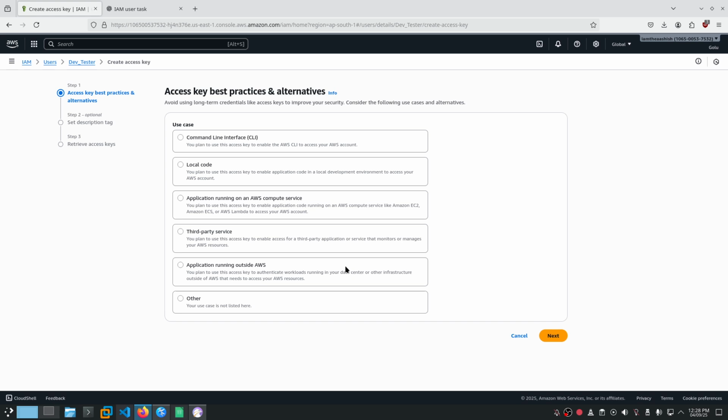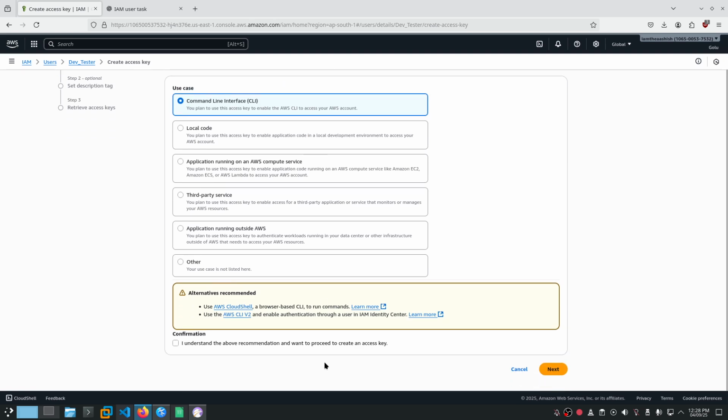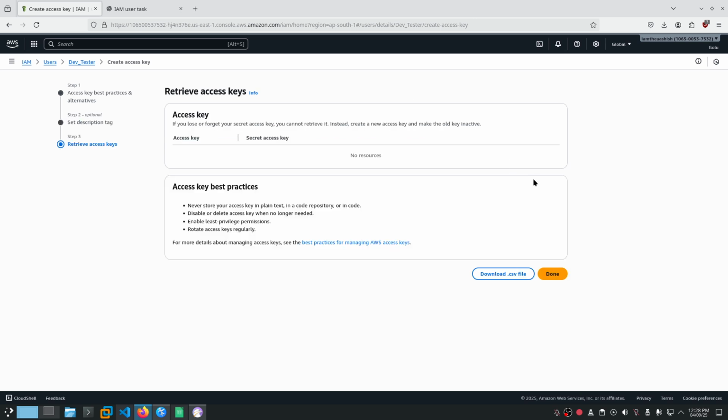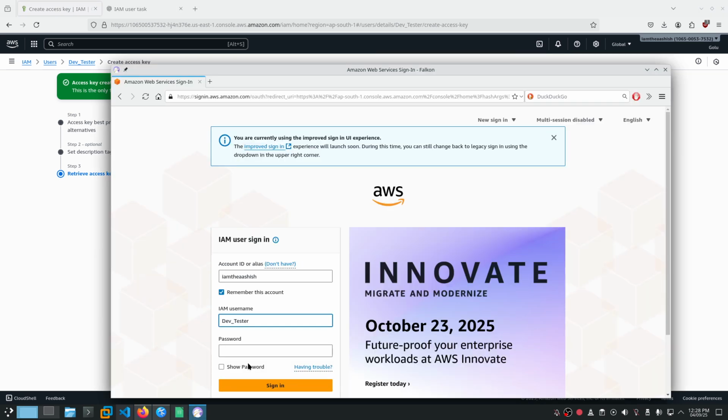Should we create an access key for tester, S3, create access key?